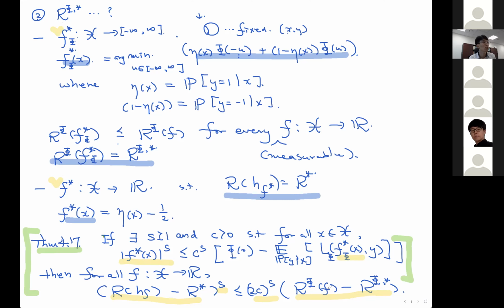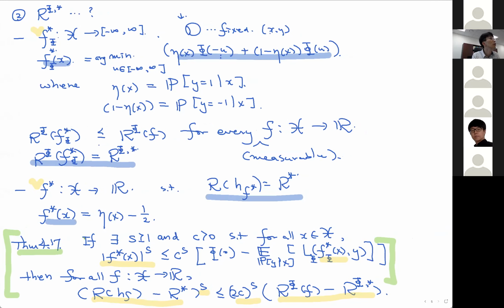My original plan was to go through the proof, but it looks like I don't have much time. But I think a better way to appreciate this theorem is to try to prove these assumptions. This assumption does hold for all the three examples that I showed you. So in the remaining 4 minutes, I want you to solve the following exercise. The first exercise is to show the assumption of this theorem 4.7 holds for these two